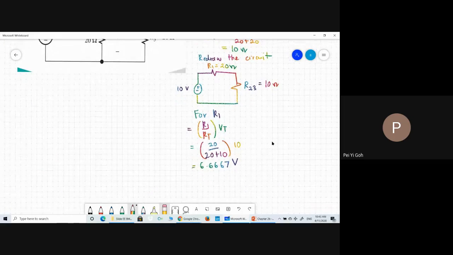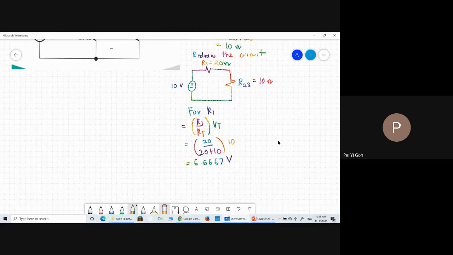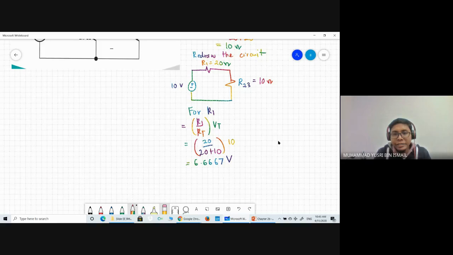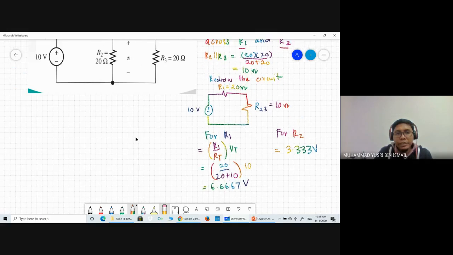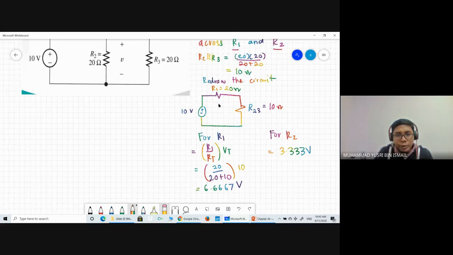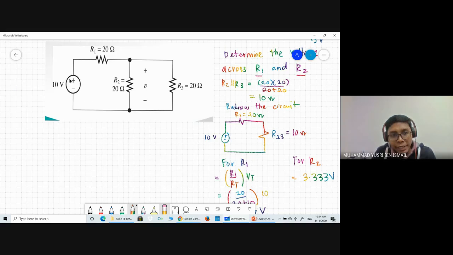I got 3.33 volt. Okay, alright. For R2, this is equal to 3.333 volt. So it is logical because the summation of voltage across R1 and R2 is equivalent to the voltage supply,